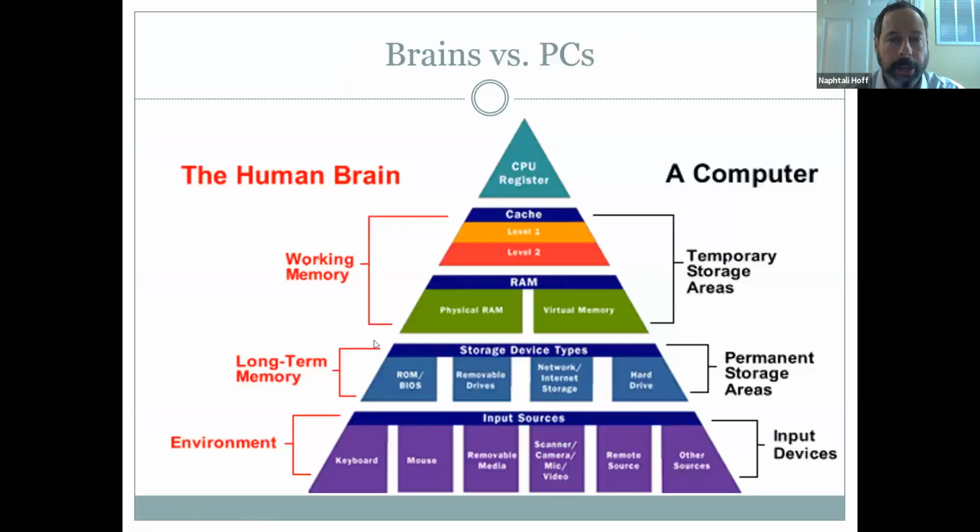All right? So here is that image that draws a parallel between the human brain, which is the red text on the left side, and the computer